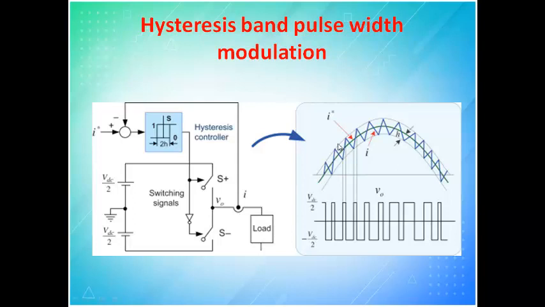We will call it the upper limit and lower limit. Between this upper limit and lower limit, I will try to vary the output, so this is called hysteresis control. Hysteresis is nothing but it will go to saturation beyond a limit, both in the positive as well as the negative. But if I don't want negative, then you can keep it 0 and 1. But if you want a circuit where you go from minus to plus, similarly you can fix the upper limit as minus and lower limit as plus, or vice versa. That depends upon whether it is an inverter or converter application.